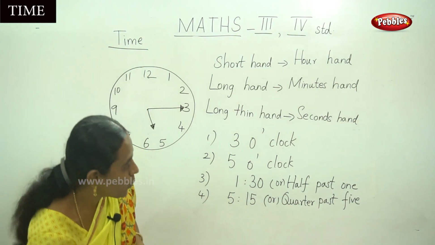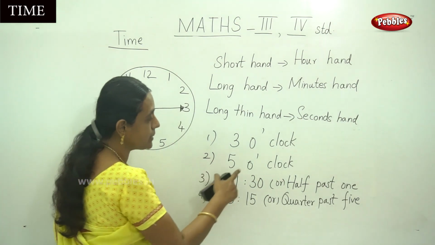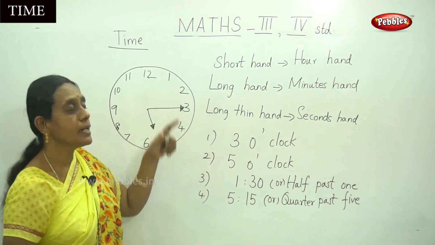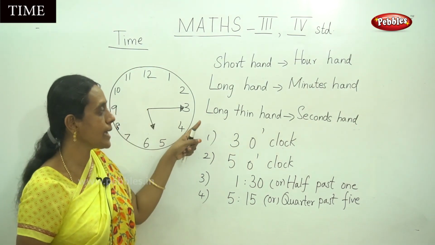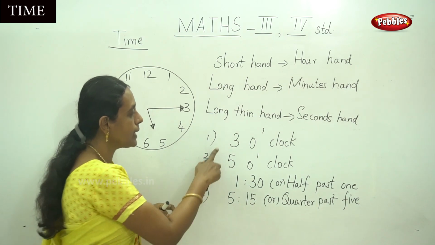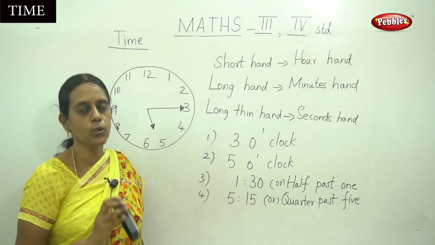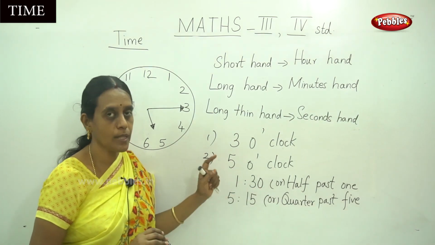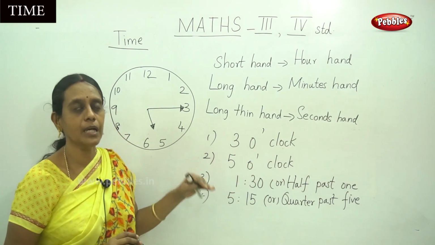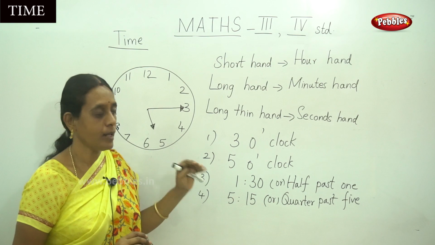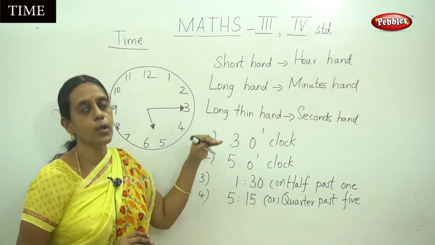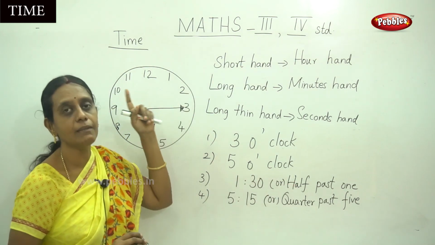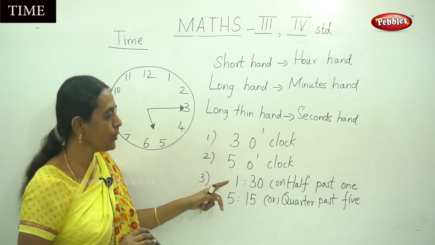Okay, and let me move to another time using the same terms. These are the new terms you have learnt in your grade level 3, because in your second grade level you are simply learning these two hours on the clock only, that is 3 o'clock, 4 o'clock, 2 o'clock, like that. And in third standard, that is 1:30, so half an hour after the full hour, and the quarter of an hour past the full hour. These are the new terms you are going to learn in your grade level third standard. Okay, do you understand now?